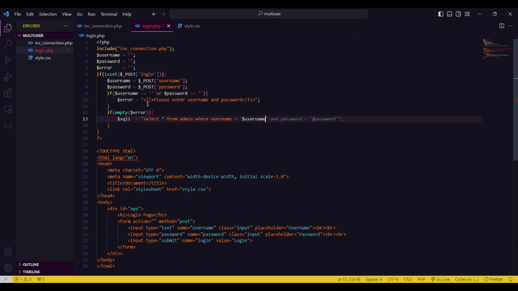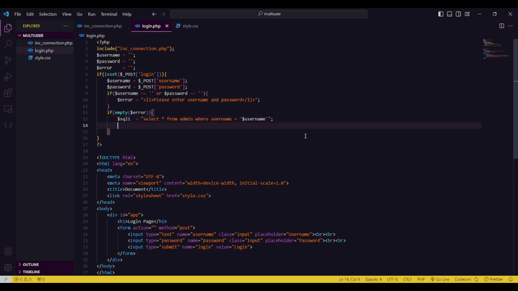Sorry, we close the quote. If error is empty, select from admin where username is this username. If the username is the same as in our database,